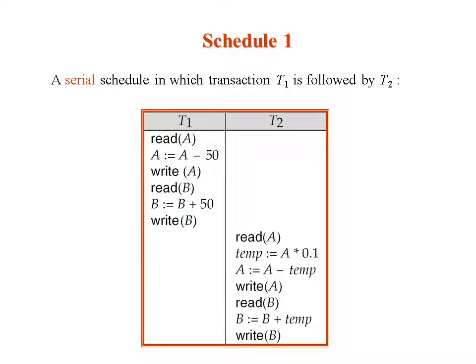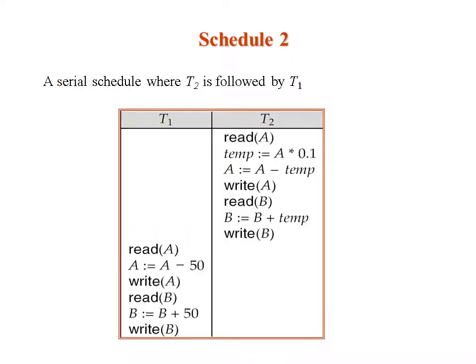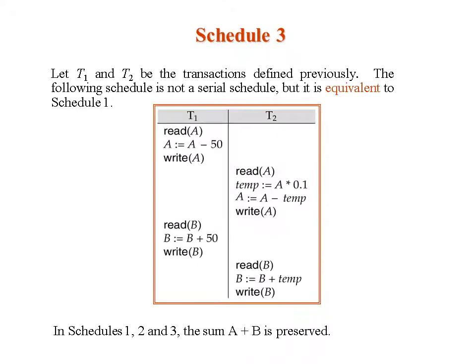So here is an example of serial schedule in which T1 is followed by T2. That means all the instructions of T1 are being executed first and then T2. There's another serial schedule where T2 is followed by T1. Next is schedule 3. Now this is a schedule in which the transactions are executed